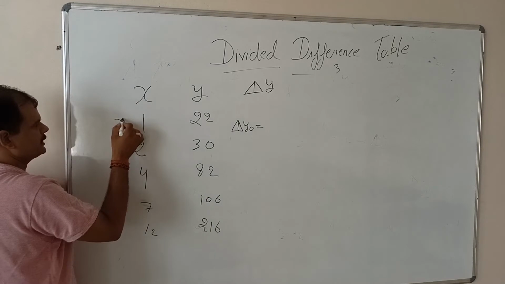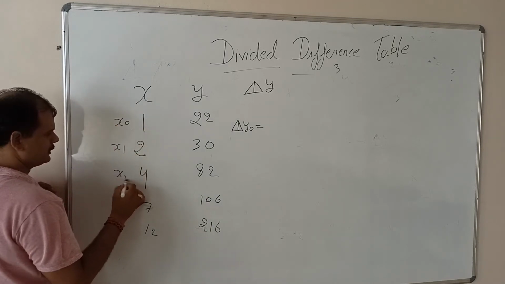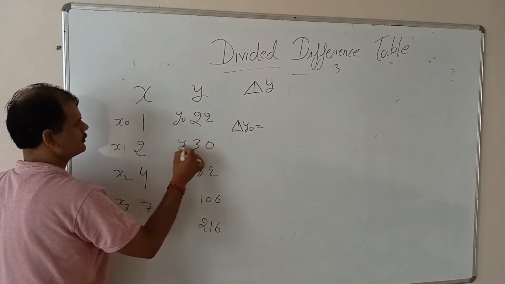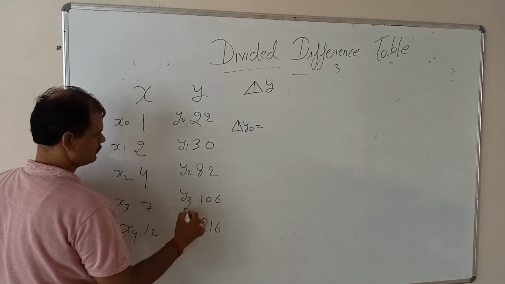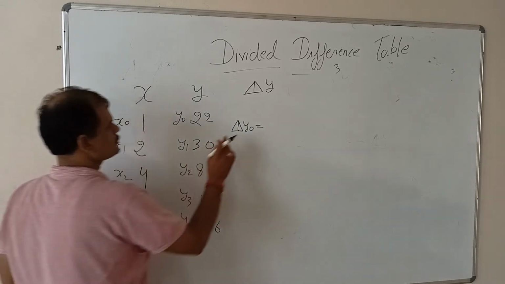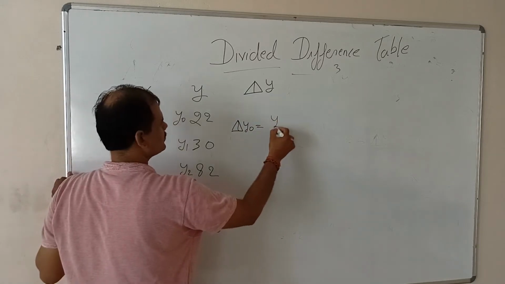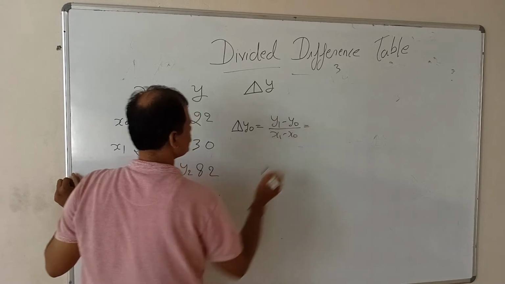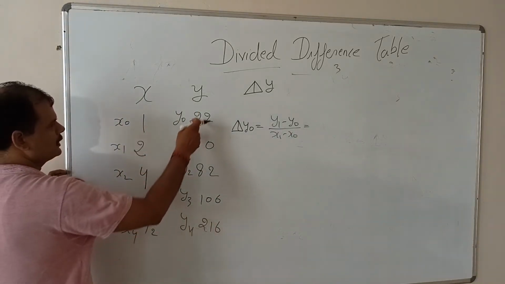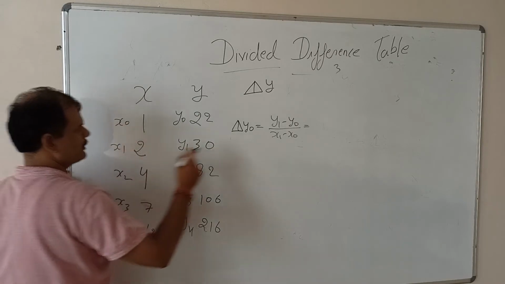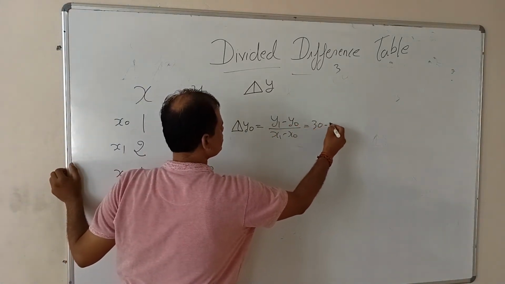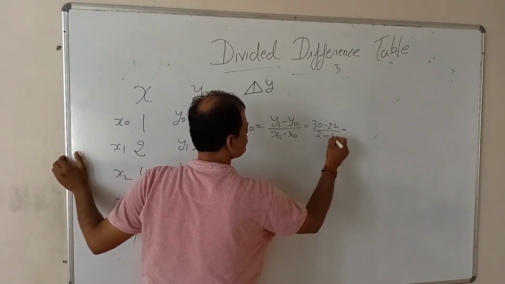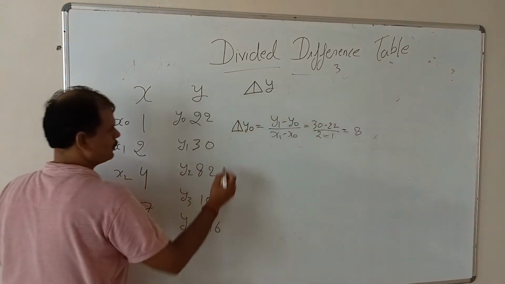So if you see this data set, x0, x1, x2, x3, x4, y0, y1, y2, y3, y4. So del y0 equals y1 minus y0 divided by x1 minus x0. So y1 30 minus 22 divided by 2 minus 1. So we get 8, right? 30 minus 22 by 2 minus 1. So we get the 8. And now then